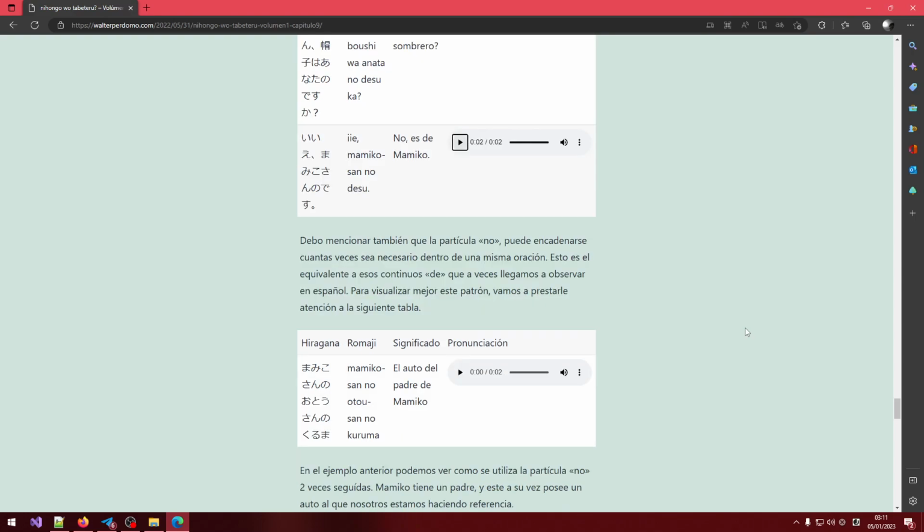Now, something interesting about the no particle is that we can actually concatenate. I have no idea how to say that. You can see multiple instances of the no particle in a single sentence. For example,